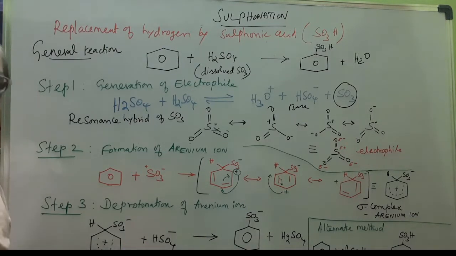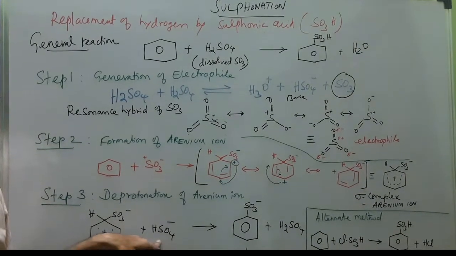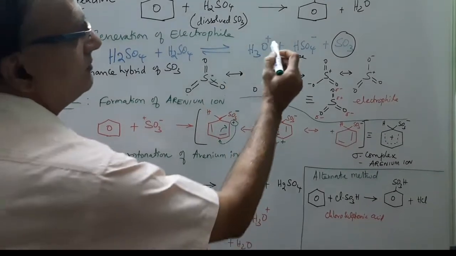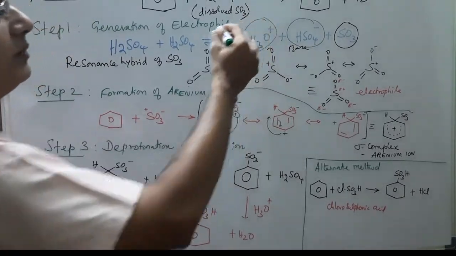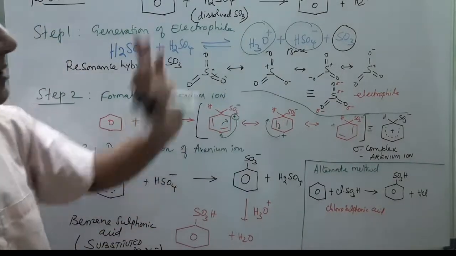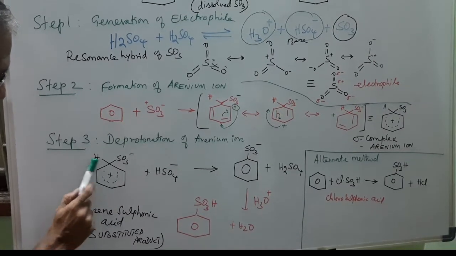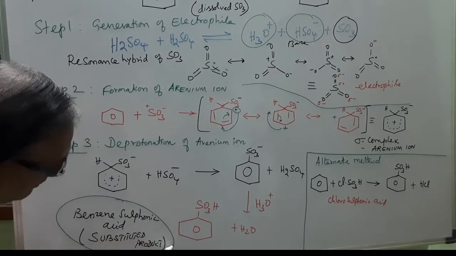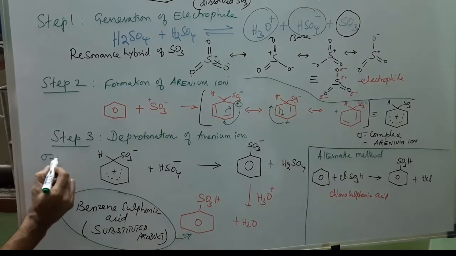So, here a point to be noted: in all other cases only one base is involved to get the product, but here, as we already pointed out, this is one base, followed by our hydronium ion which is also there. So, the two things will react to get our final product. Okay. So, now our arenium ion here. So, this is the arenium ion. So, our substituted product is expressed in the word for this. Okay. So, this is our arenium ion or sigma complex.